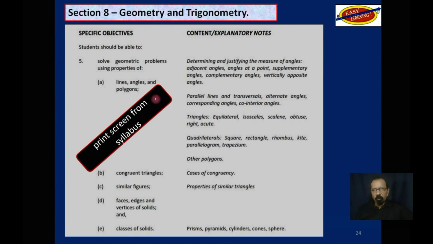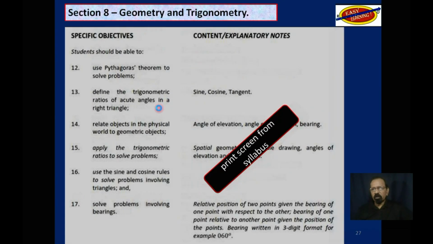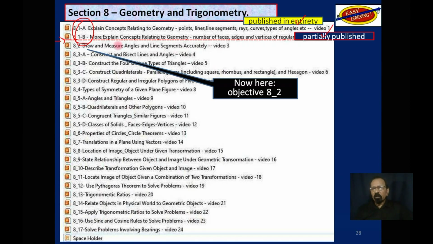Print screen from the next page in this section, and the next one, and the next one, and finally the last page with specific objectives in this section, 17 objectives. So as I said, we have finished those 2 up there. The first one is published in its entirety, the next one only partially published. We are now here at